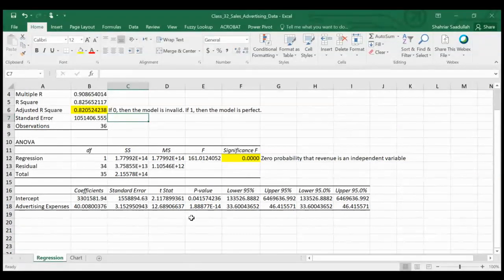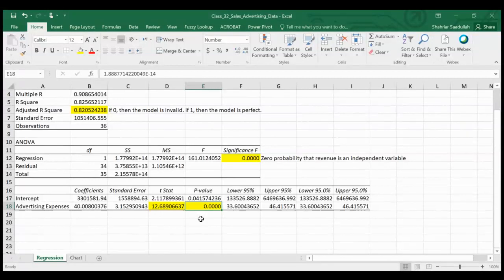Now the next statistic that we are interested in is the t statistic and the p-value of the t statistic. So let's highlight these two. The p-value, let's do the same thing. Let's format this, and we want the number, and we want, let's say, 4 decimal points. Click OK. All right, now we have 0.0000. It's this p-value, which means we have a very high confidence level. So if the p-value is 0.05, the confidence level is 95%. That means we are very confident that